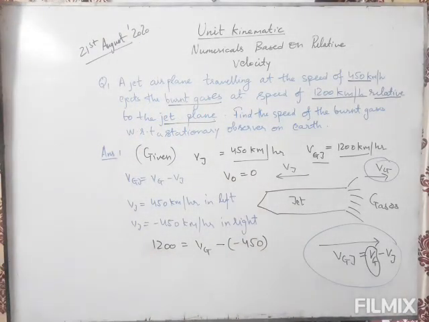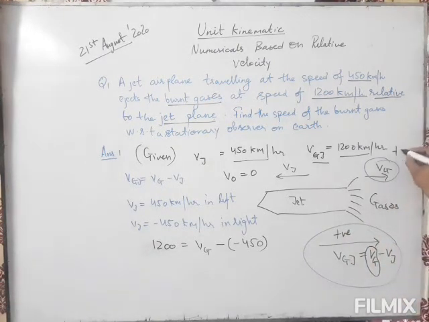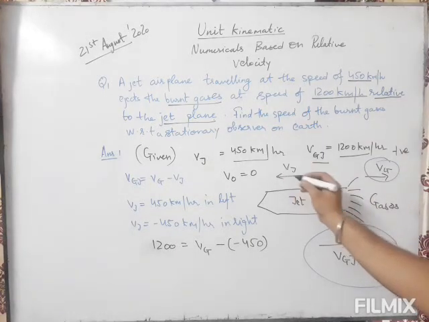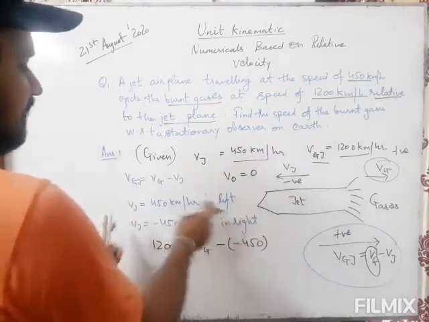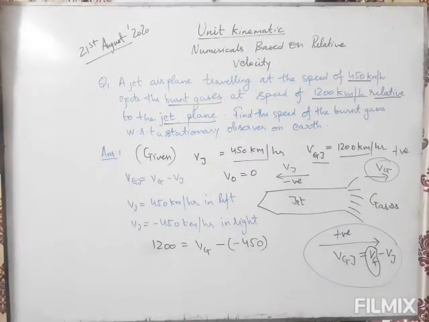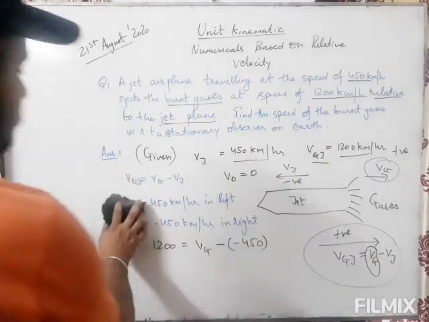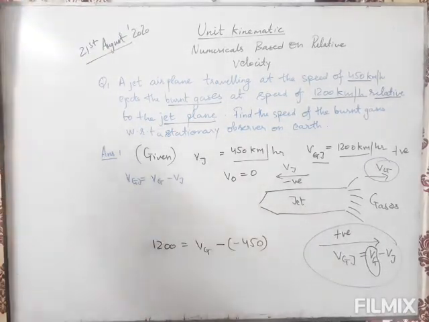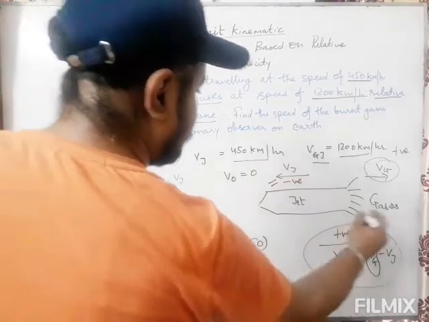Since we will be considering this direction as the positive direction and that as the negative direction, we put VJ as negative. Or we can take it that if its component is given in the left direction as positive, then when we place it on the right direction it will be considered as a negative term. So don't be confused in this concept. Just remember that according to the number line we have to take the sign. The quantity which is given on the right we will be taking as positive. The quantity which is given on the left we will be taking as negative.